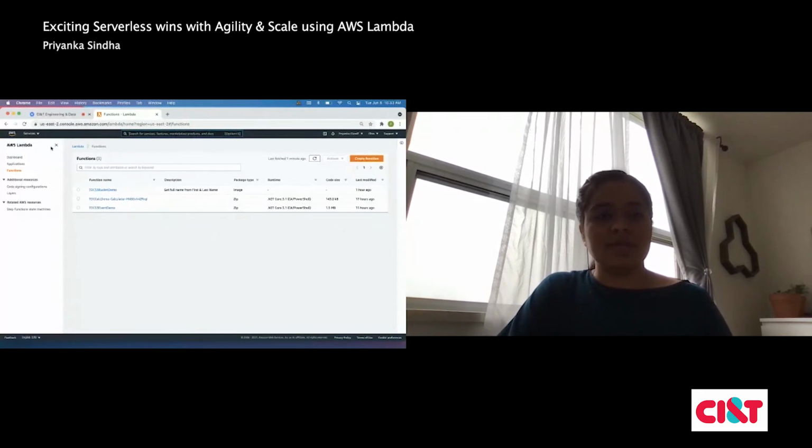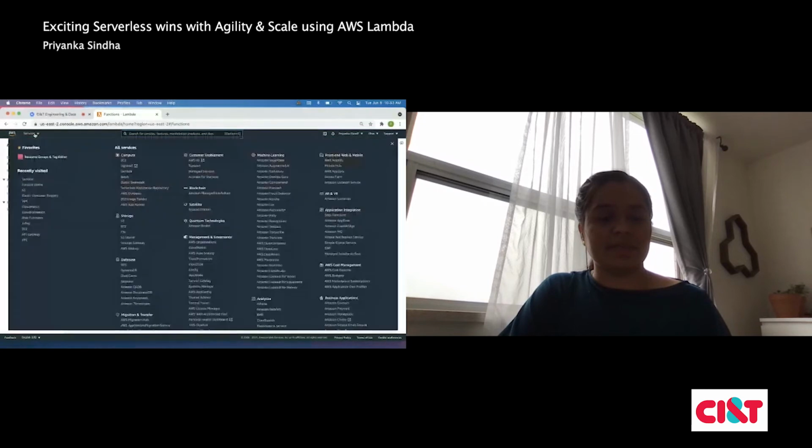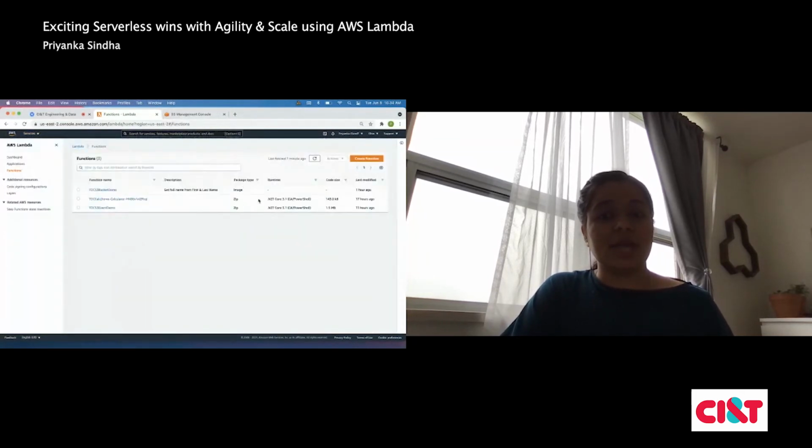The zip folders you will see in the S3 buckets. When you deploy your Lambda function, you will see the Lambda function deployed here, along with what runtime you are using and what type of package type you have selected.